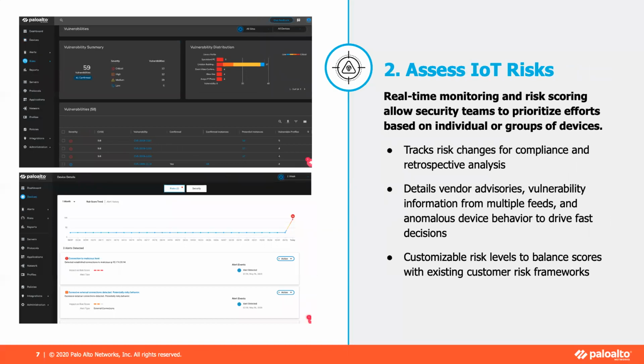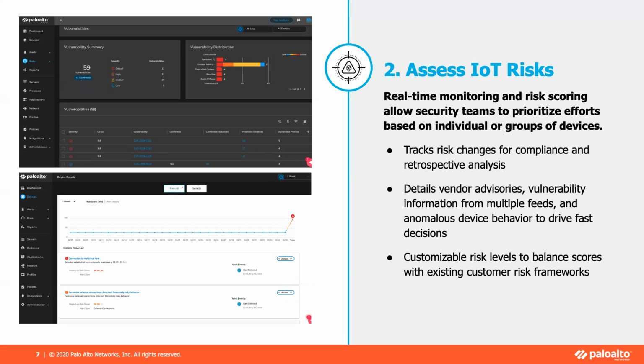And so we use real-time monitoring and risk scoring to be able to look and assess the risks of all these devices. We get information about vendor advisories, vulnerability information from all kinds of different feeds. We track risks for compliance and look back or retrospective analysis. We have the ability to customize risk levels within frameworks,